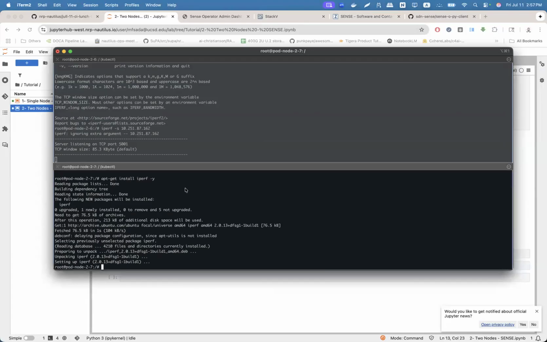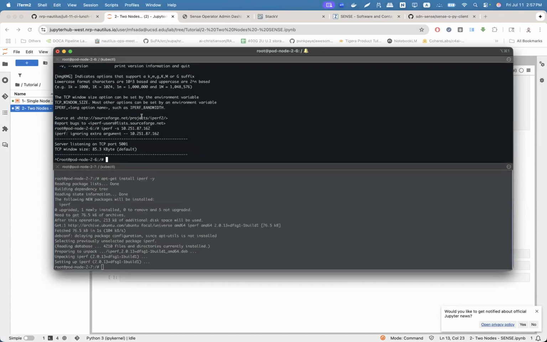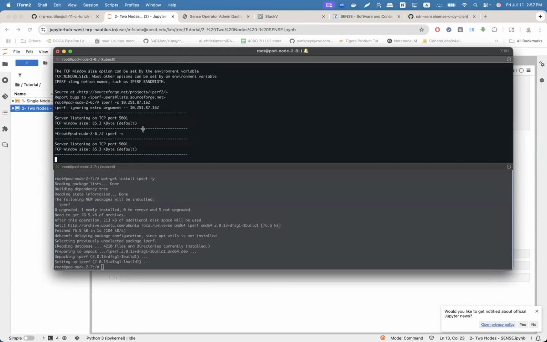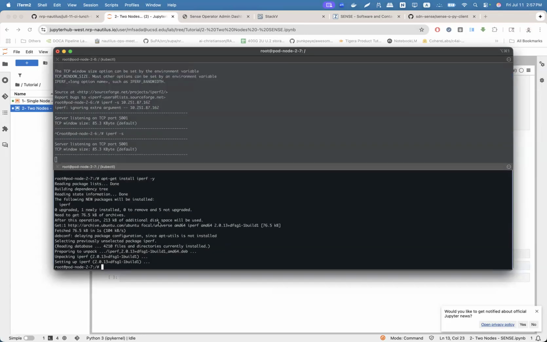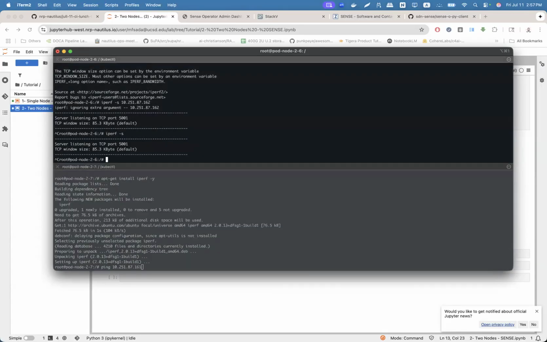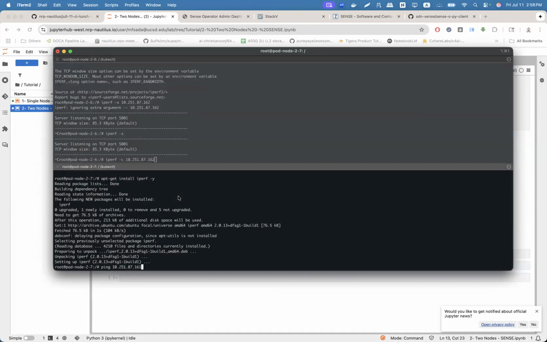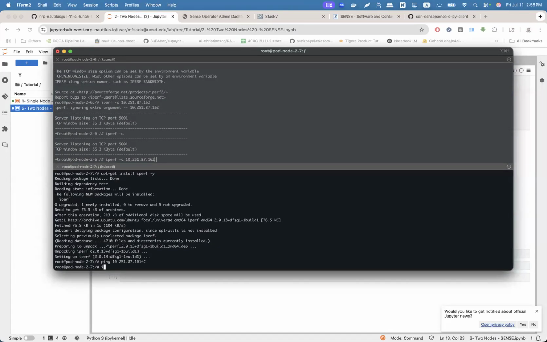It's iperf -s on one host and then iperf -c with the IP address of the other one. You have to have a dash S on one host and a dash C on the other.